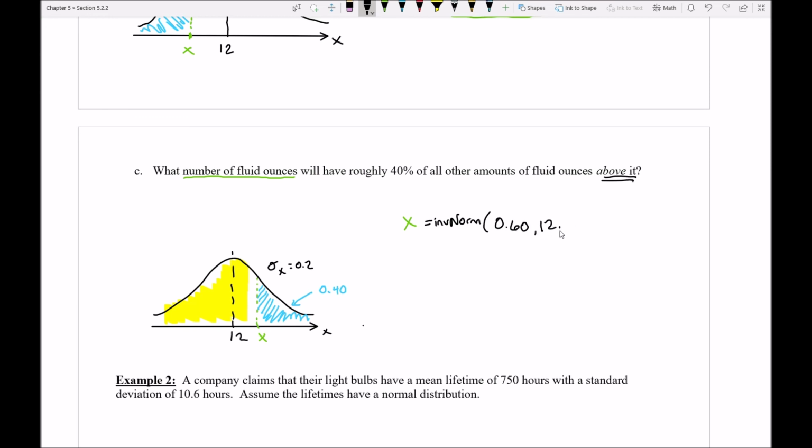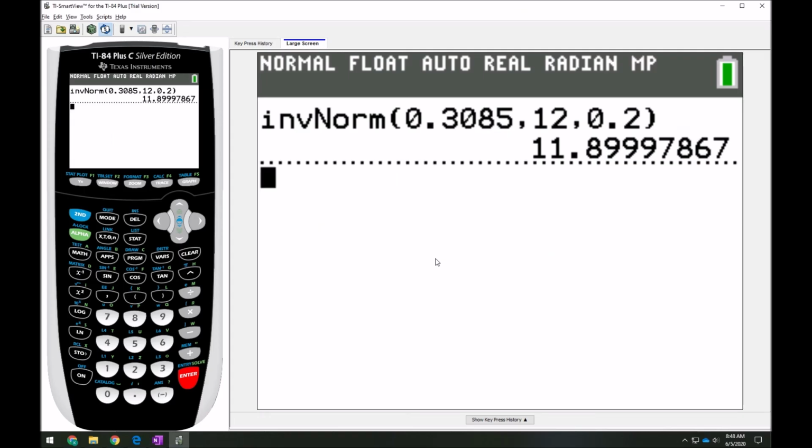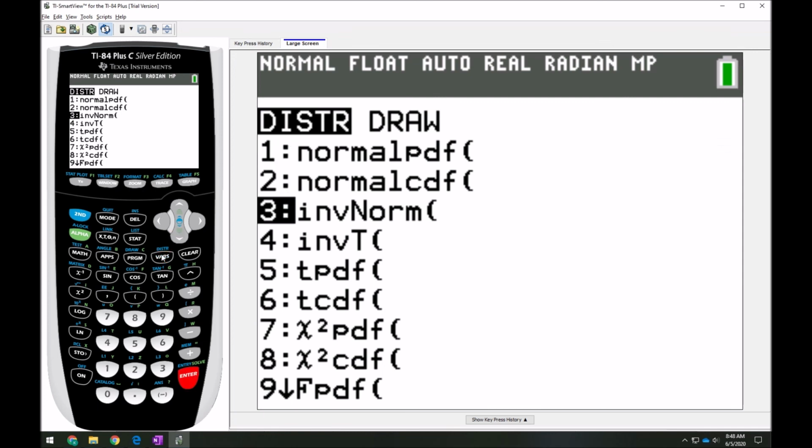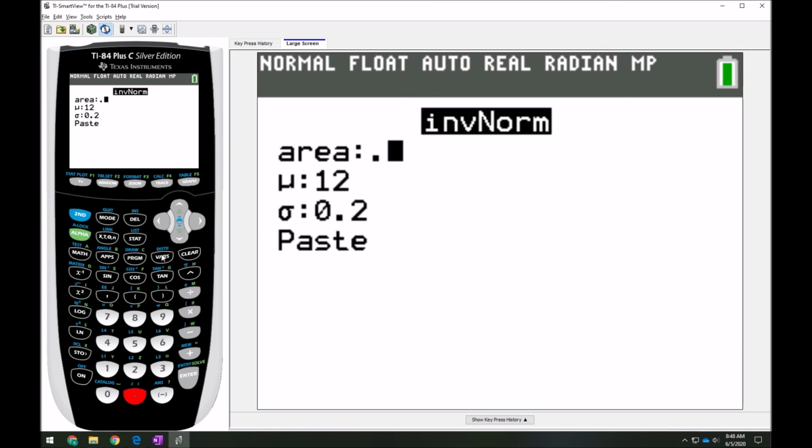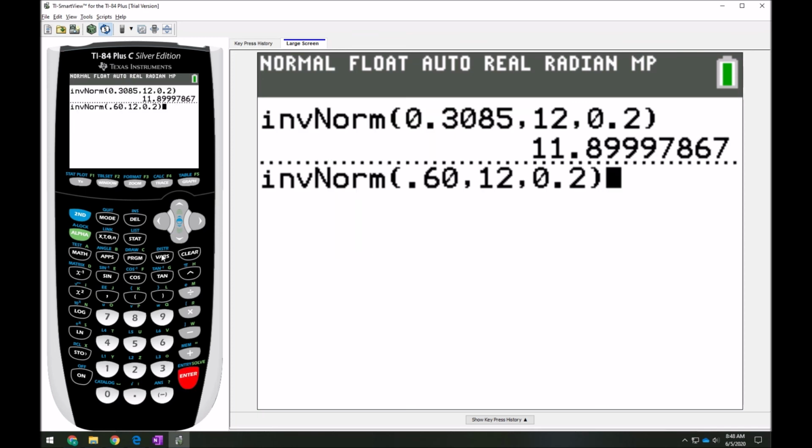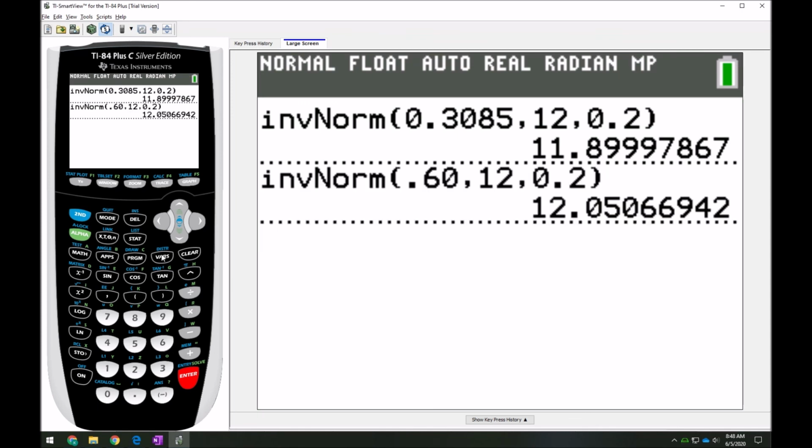And then I would do my mean and my standard deviation. I can go to my calculator to type this in. Let's see, I'm going to go down to option 3. And I'm just going to change that area to be 0.60. Now that I have this as 0.60 in there, I can hit enter, and boom, I get a number